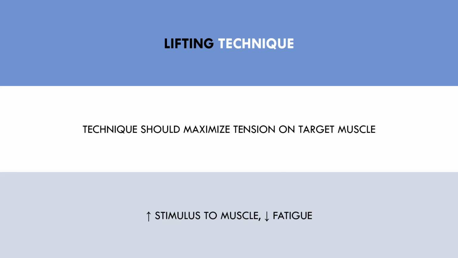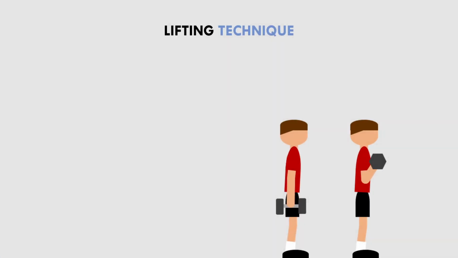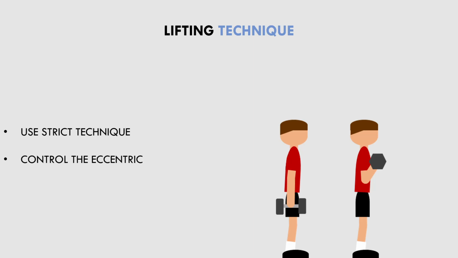There are a few key points to ensuring lifting technique is maximally effective for muscle hypertrophy. First is to use strict technique. This means avoiding movement of other muscles and joints to assist the lift. Second is to control the eccentric portion. The eccentric doesn't have to be performed extremely slow, it just needs to be controlled enough that gravity isn't doing the work. And third is to use an appropriate load. If the load we use is too heavy, then we can't use the required technique to maximize tension on the